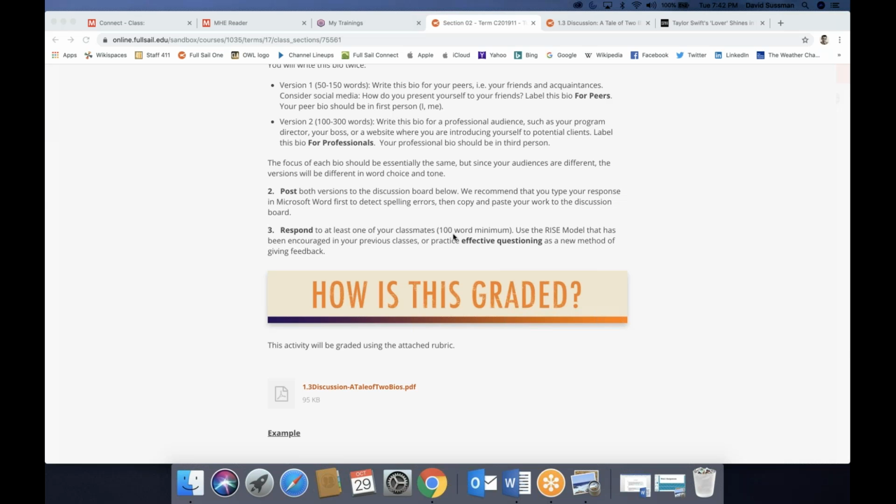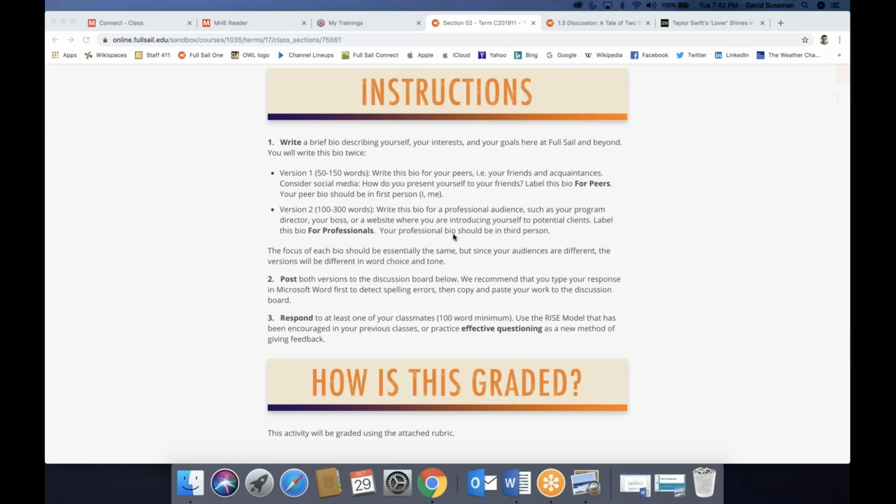Obviously, if you see something that's incorrect, there will be, for example, students who either don't read the instructions completely or skim through it. I'm guilty of that too sometimes, where I skim through things so quickly that I think I understand what it's saying, but I don't. Or they haven't watched the lecture. They'll, for example, have 2 paragraphs written in first person, or 2 paragraphs written in third person. So if you see obvious errors like that, take the time to point that out.